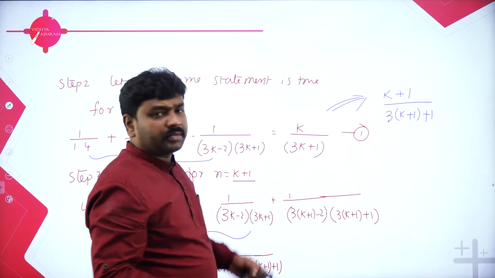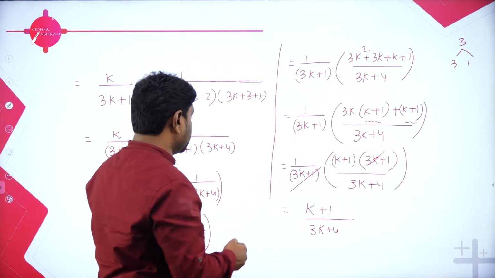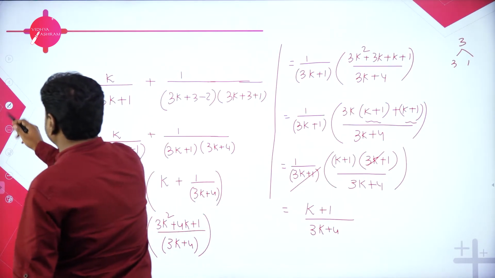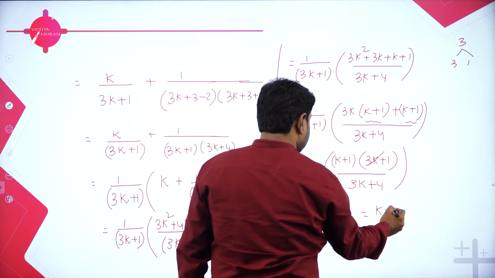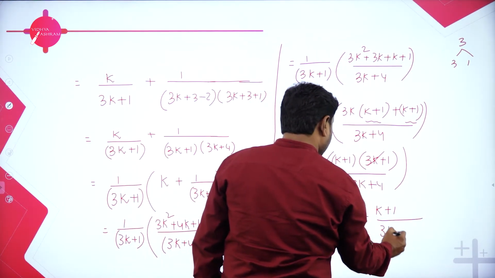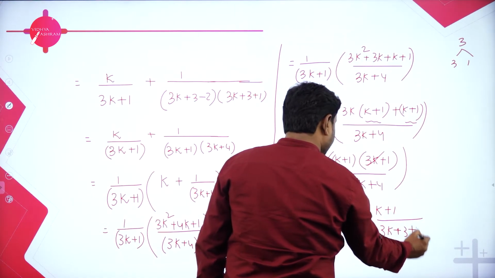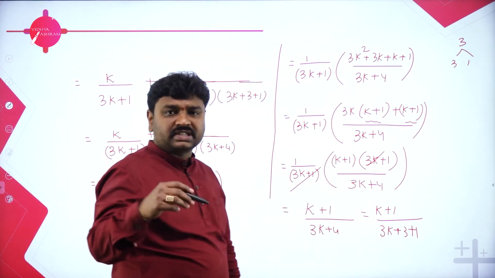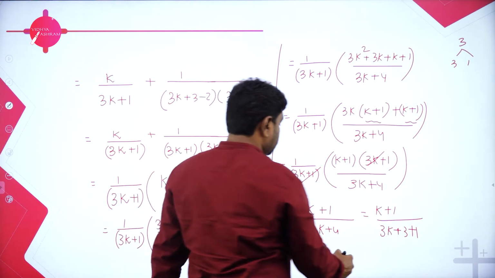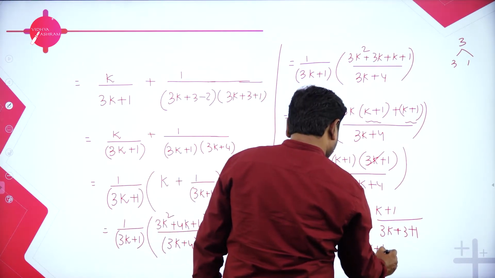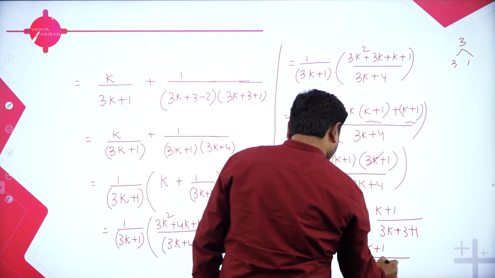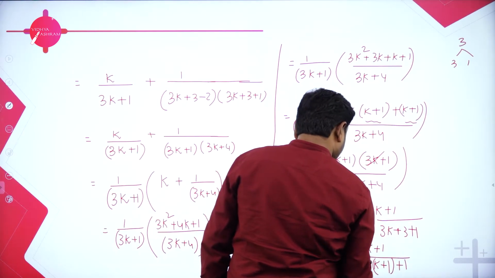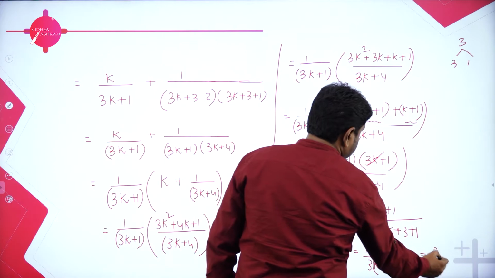So therefore, in the denominator we should take 3 common. For that we'll simplify or rearrange. So the numerator k plus 1 we need, we got it. So can I write this as k plus 1 divided by 3k plus 4, I'll write 3 plus 1. So here we have 4. Can I write 4 as 3 plus 1. Further, I can take k plus 1 in the numerator. In the denominator, I'll take 3k common. If I take 3 common, I'll have k plus 1 plus 1. So therefore, this is your RHS expected.